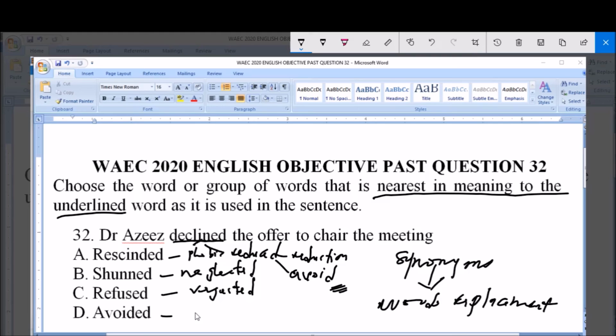And it's the same thing as decline, when you decline something. So by this, option D